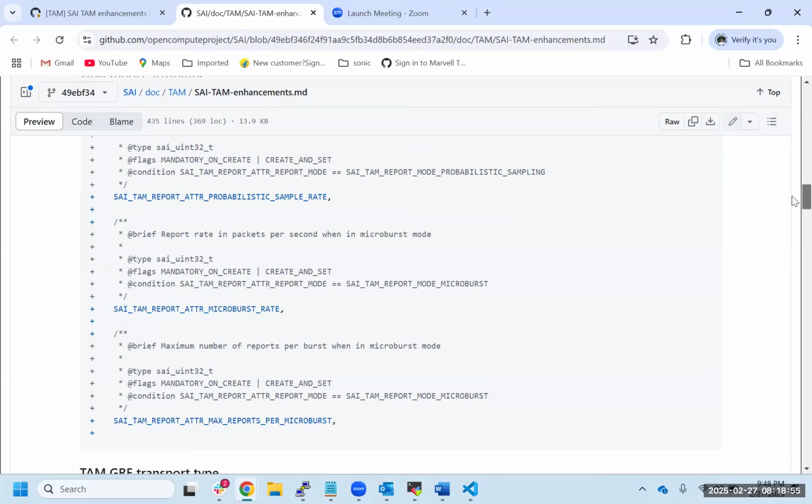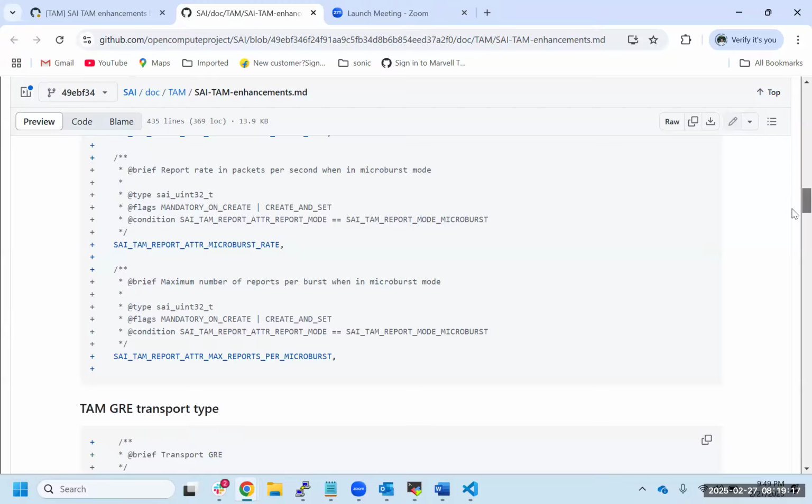So can you give me an example? I'm trying to understand the same question: how is the microburst defined? I mean, microburst is something like 10 packets in, let's say, 1 microsecond or something like that, right? So let's say I want to say 10 packets in 1 microsecond. That's a bad example, but then what will I set here?